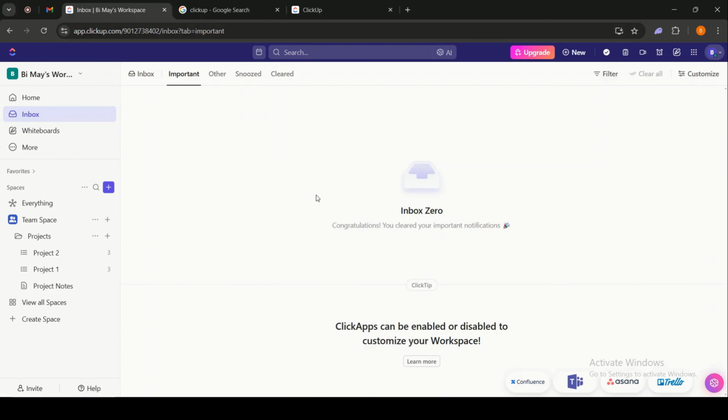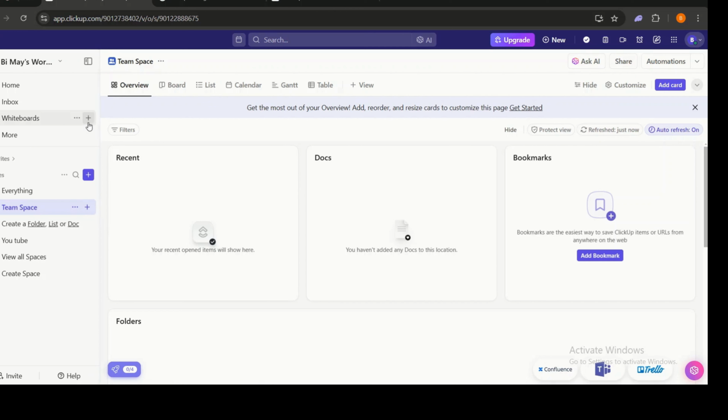Next up would be the inbox. And here would be where you would find your notifications and messages within your workspace. All right, if that much is said about the major components of the navigation panel,